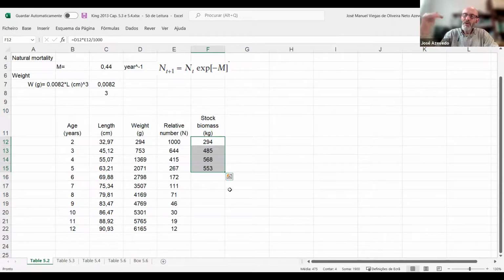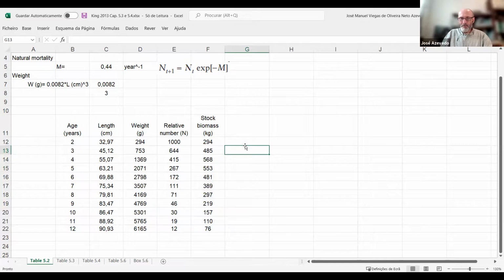The fish are still growing, but they are growing slowly, and now mortality is catching up and overcoming growth, and the stock biomass starts declining from here onwards, right? So try this exercise, and then the next step is to